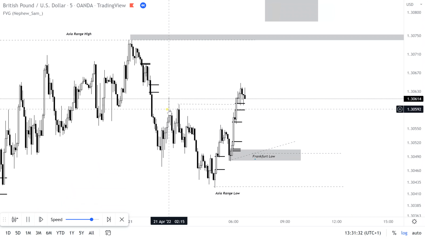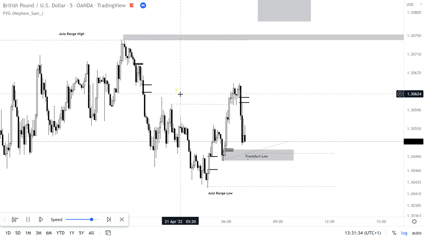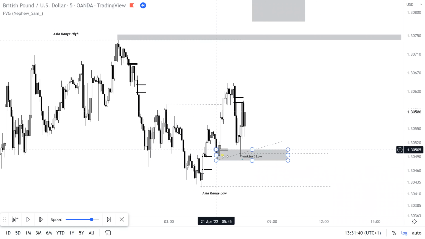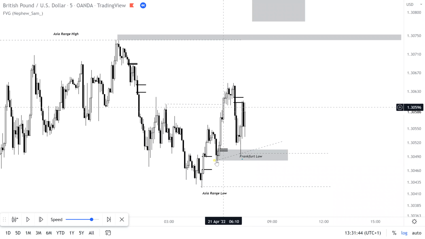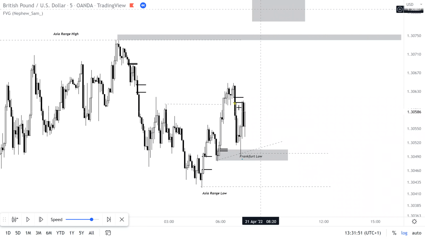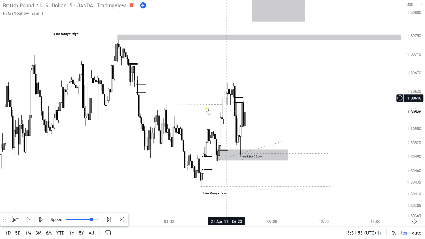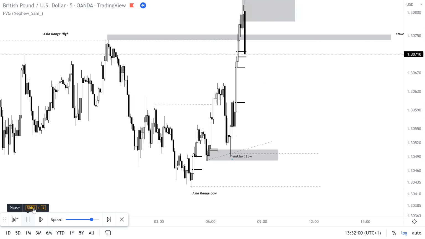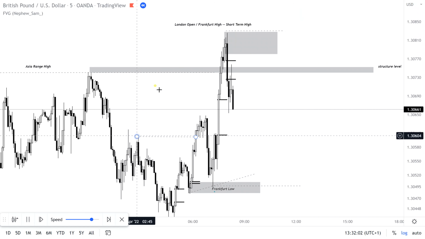So you'll see the price moves up and down fairly quickly down to the Frankfurt low right here, okay? And moves into this M1 supply zone and starts moving up. So this is going to be called setup 2 in the Cable Trader syllabus. This is a standalone trade, but it's not what I want to talk about right now. So price moves up, claims Asia range high,